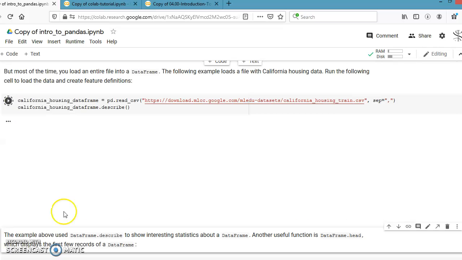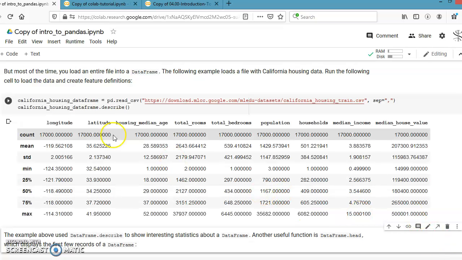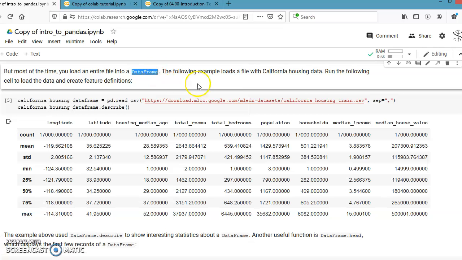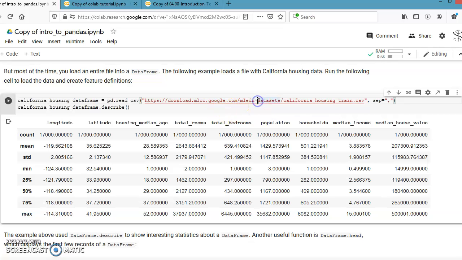Okay, now next, we are going to load an entire file into a DataFrame. I will show you this file. It is a CSV file that I already downloaded.